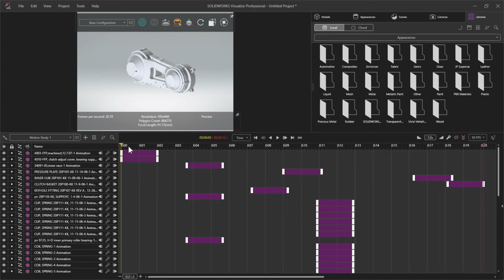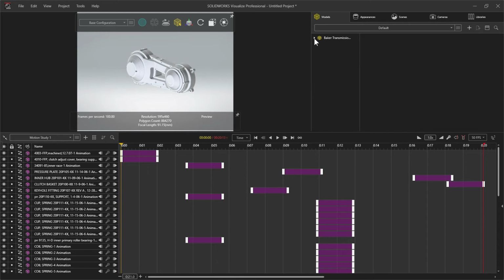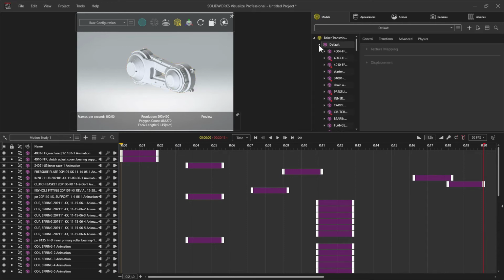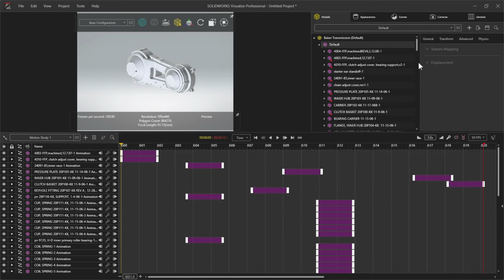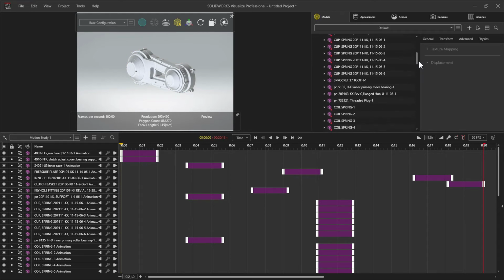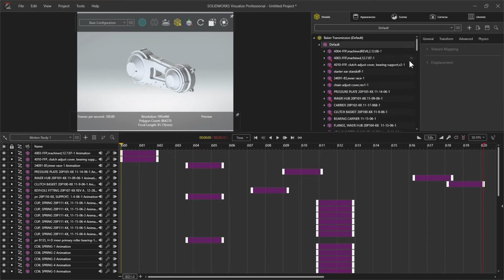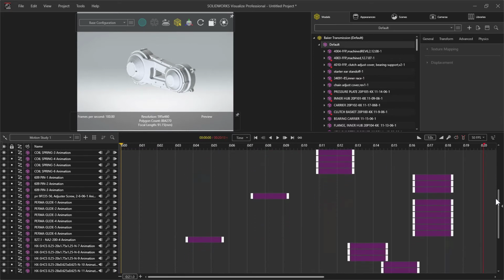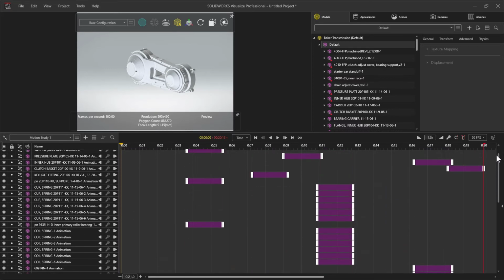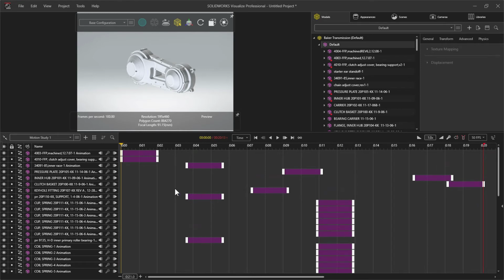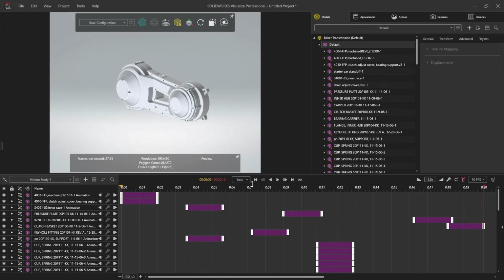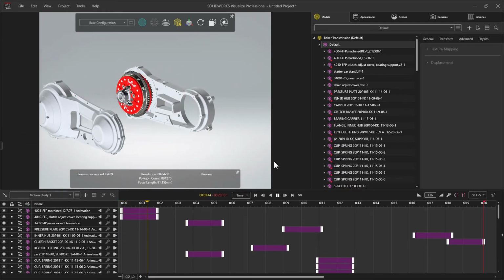What we're seeing here are animated groups, and those correlate to groups in our model tree. Every group that has a red dot has been animated and is essentially moving at one point within the animation. So each one of these that has a red dot has a correlating row right here. We can scroll all the way through this and see all of those components that are moving. So all of that exploding was done just with the motion study, and we can play through that. I'll just go ahead and click play, and you'll see those come off